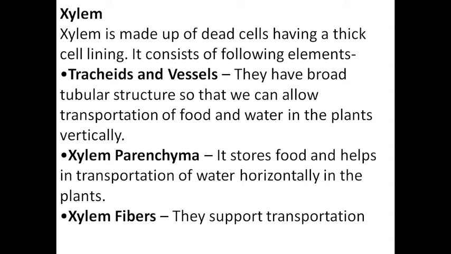For flowing the blood, for transportation of blood. The same happens with the plant. Plants also have tracheids and vessels, which are in a tubular structure. Then there are the xylem parenchyma. So what are they doing? First, they store food and help in the transportation of water horizontally in the plants. See, the body parts of the plant are present not only vertically but also horizontally. So who will provide for that? That is xylem parenchyma.